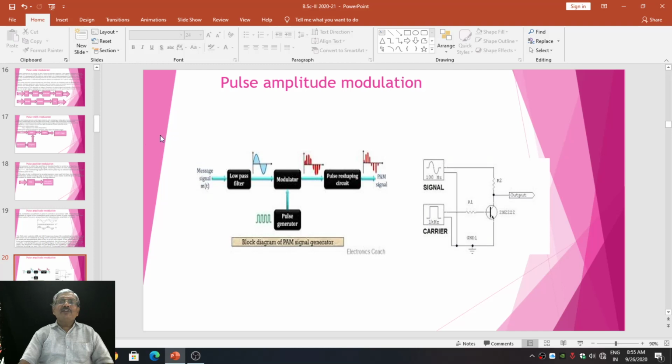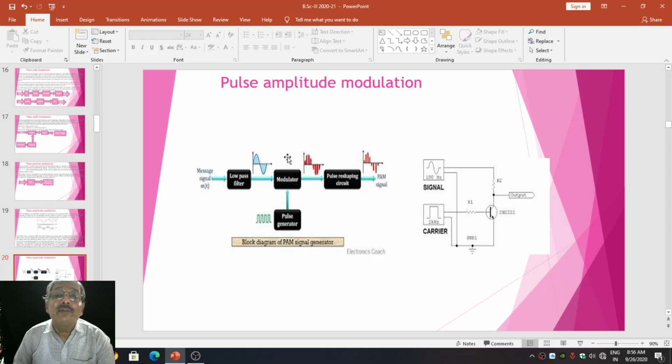This is the block diagram representation that gives you the idea regarding pulse amplitude modulation. As we studied, it includes a filter. The filter does a very important role. Its cutoff frequency is the highest frequency of the signal to be modulated. So this is the signal to be modulated which we are applying. This is the low pass filter. By using the proper cutoff frequency, only the required signal is passed at the output. It is given to the modulator.